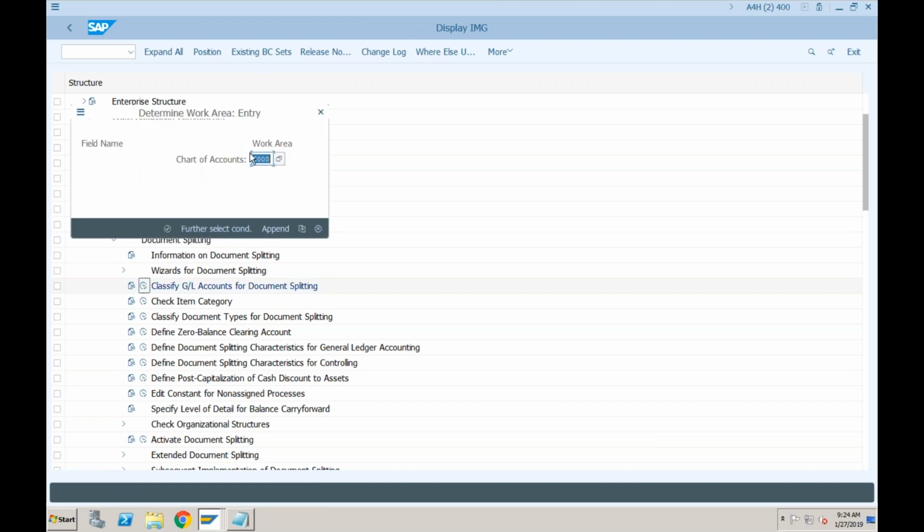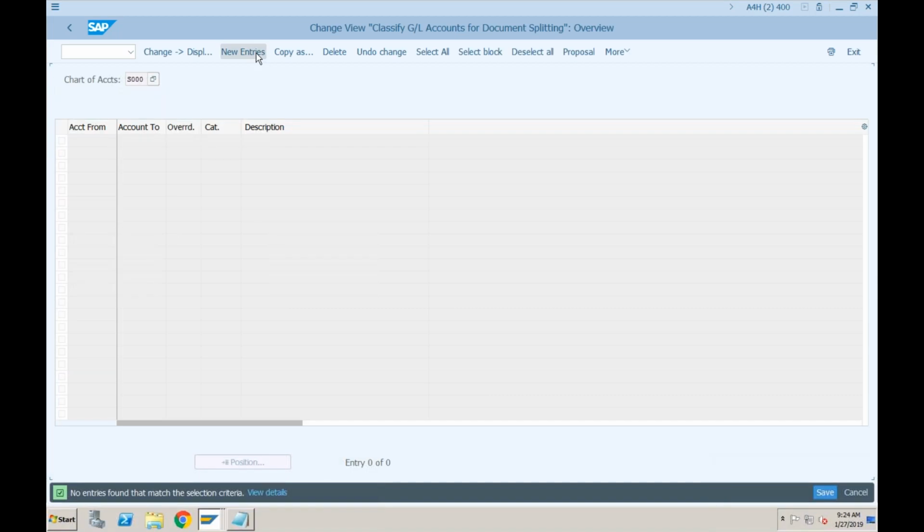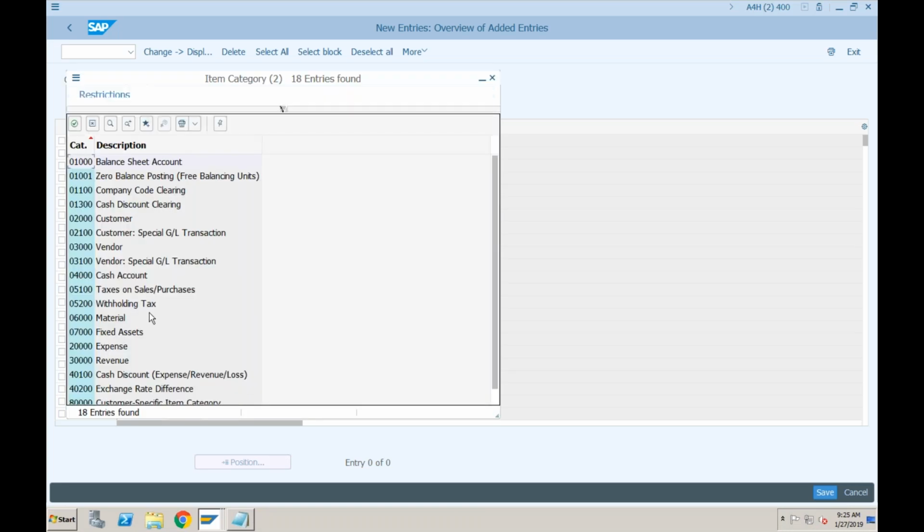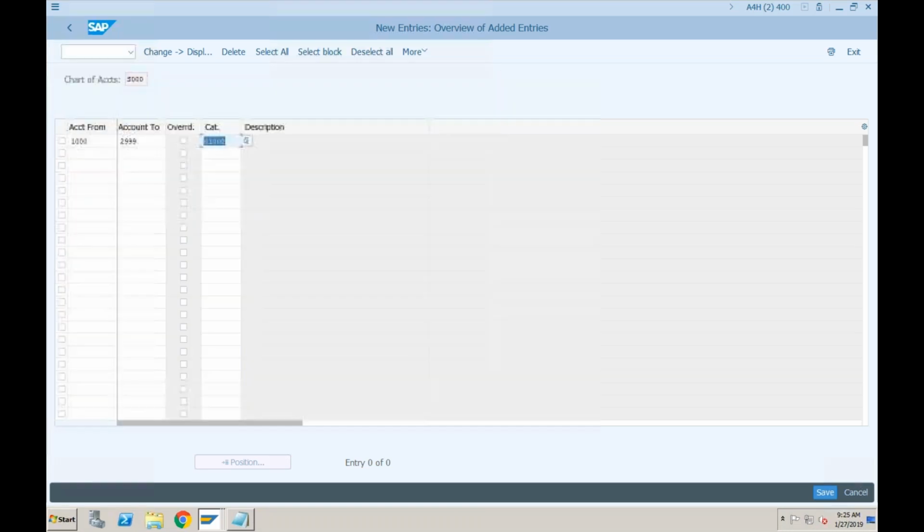You have to provide your chart of accounts here, which is S000 in our case. And here, just click on new entries and provide your account ranges. If you want to avoid coming here again and again and providing one GL account at a time, what you can do is start from 1000 to 2999. These are our balance sheet accounts, right? So you can select your category, which is balance sheet account.